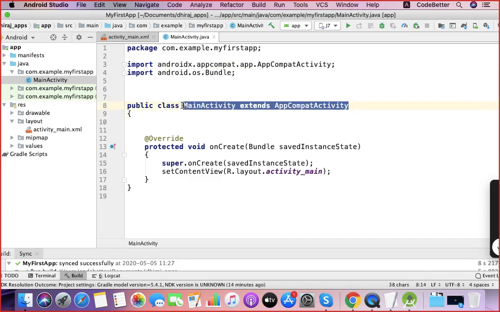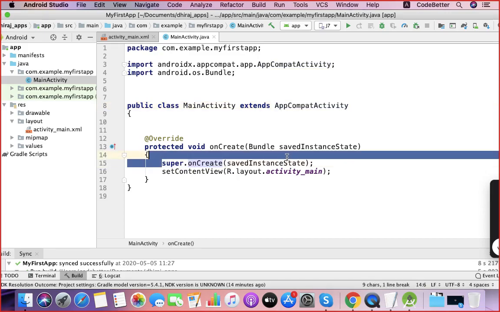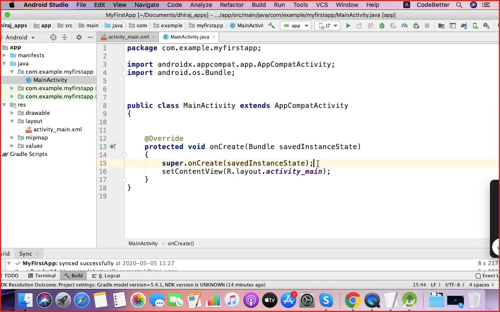We have overridden the method onCreate. So this onCreate method is from which class? Yeah, and in this method we have first called the superclass method, and after the superclass method executes, we have called one more method, setContentView, which loads the screen. Okay.